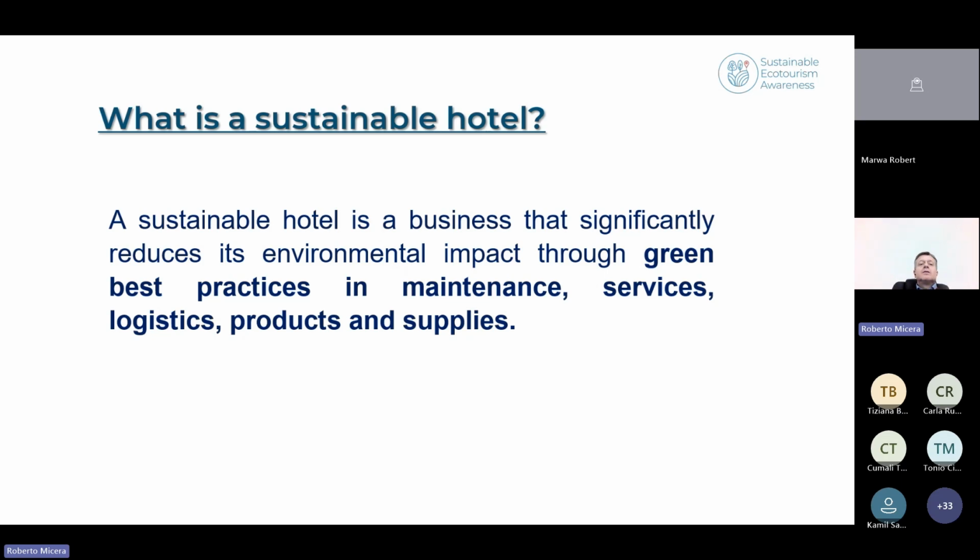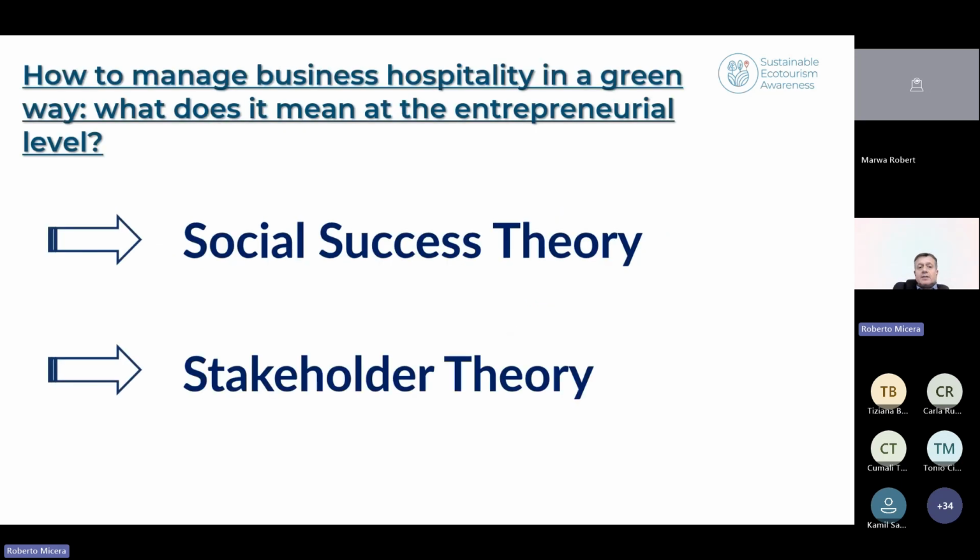What does it mean to manage the hotel, or a hotel, in a sustainable way? A sustainable hotel is a business that significantly reduces its environmental impact through green practice or best practice in maintenance, services, logistics, product, and supplies. And this aspect is linked to